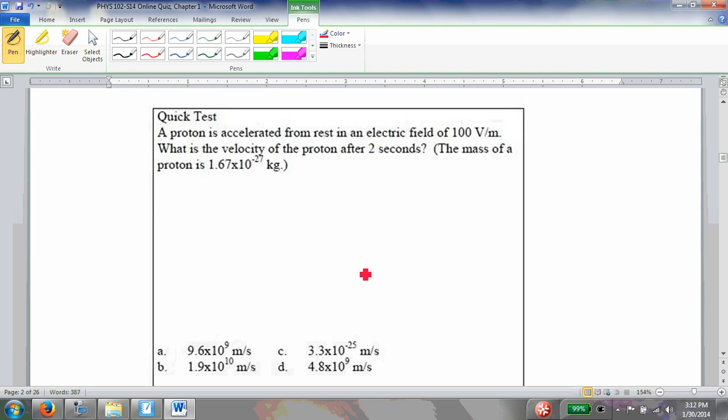Protons accelerate from rest in this electric field. What is the velocity of the proton after 2 seconds? All right, several things we have to do here. First, we have to find the force, which is QE. This is a proton, so it's 1.6 times 10 to the minus 19 coulombs times 100 newtons per coulomb. Notice I said this in the screencast, but volts per meter and newtons per coulomb, those are the same units